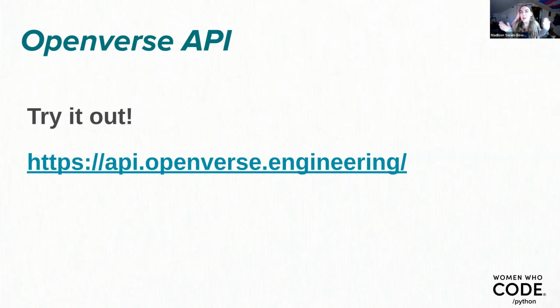So you can try it out. We don't have Swagger, but we do have a different specification which shows you all of the different types and the query parameters and different examples that you can use. I will say our API is open, but we do rate limit requests if you don't have an authorized account. But it's really easy to set up an authorized account. It's just a couple of extra steps. But yeah, feel free to try that out, api.openverse.engineering. And that has a list of all of our endpoints, our image ones and our audio ones as well.